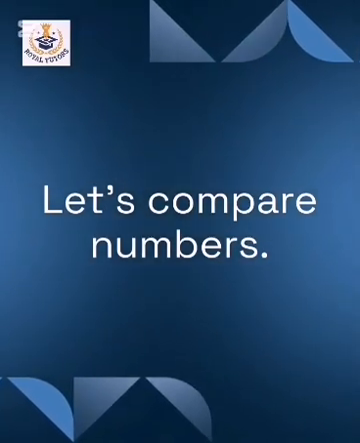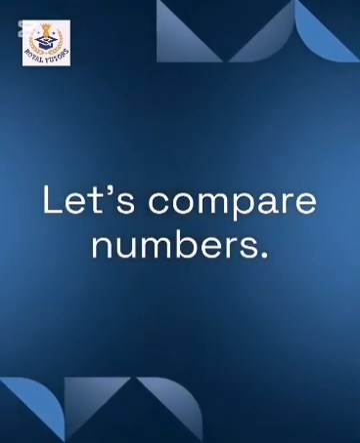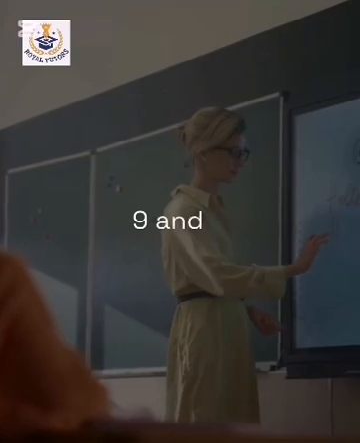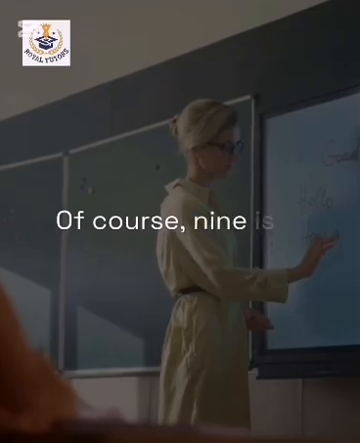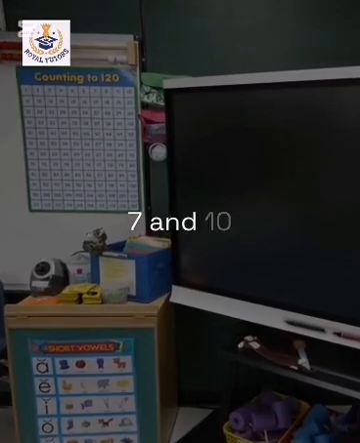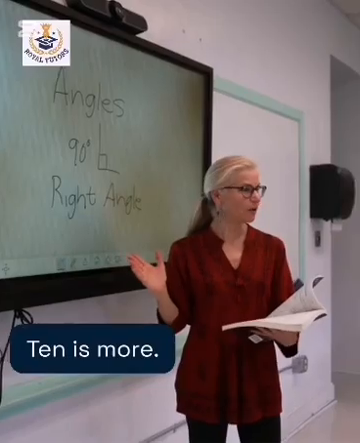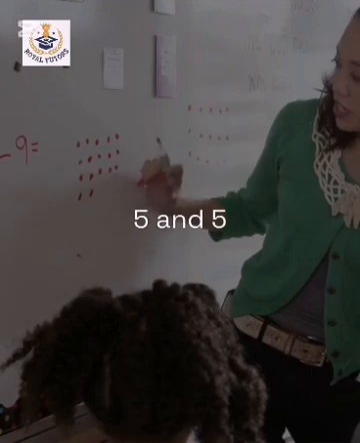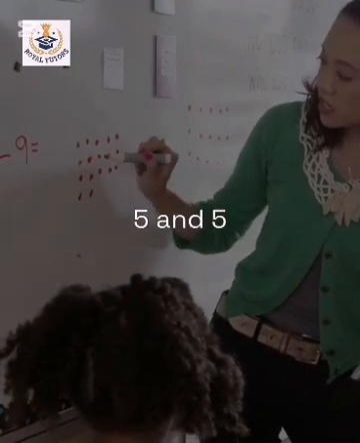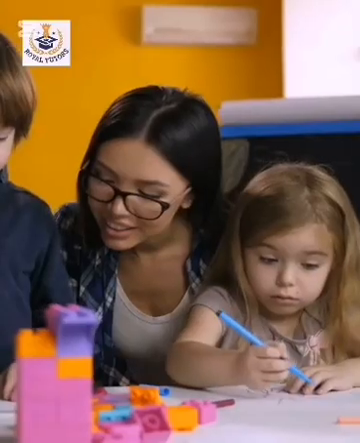I will say two numbers and you tell me which is more. 9 and 2. Of course, 9 is more. 7 and 10. 10 is more. 5 and 5. That's equal to. Okay,